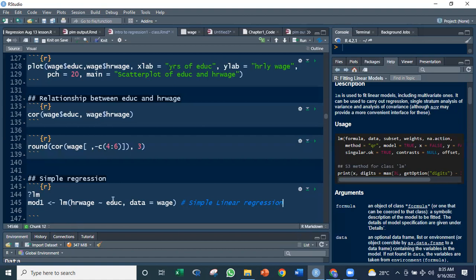Because we only have one predictor, sa education lang. And take note, hourly wage is a continuous variable. So pwede ito. Pwede natin gawin as dependent variable of a linear regression si hourly wage kasi continuous variable. Okay? So if we run this,